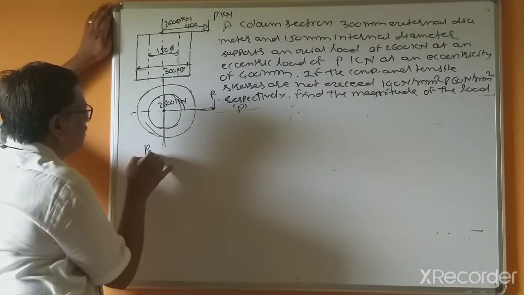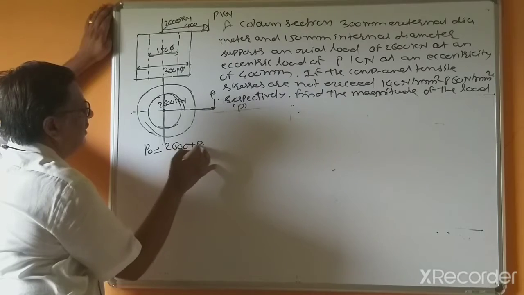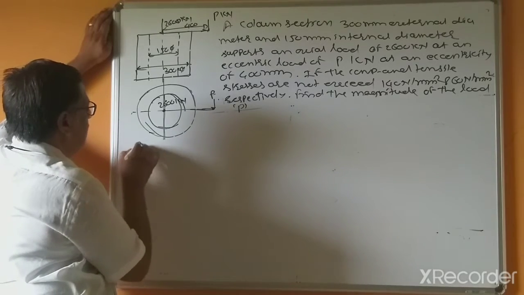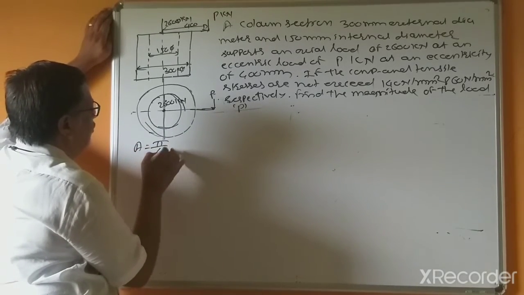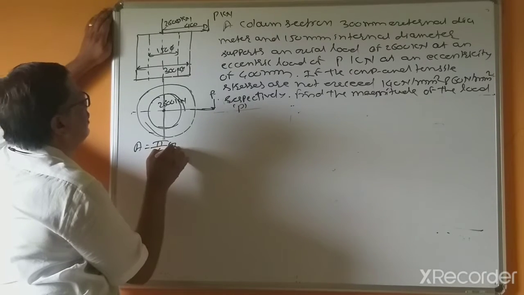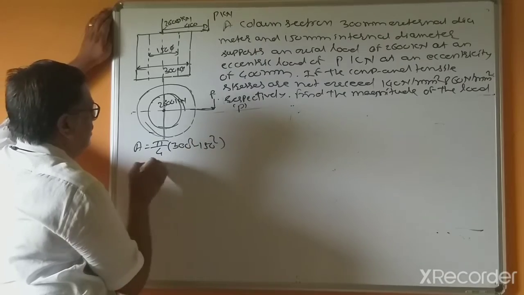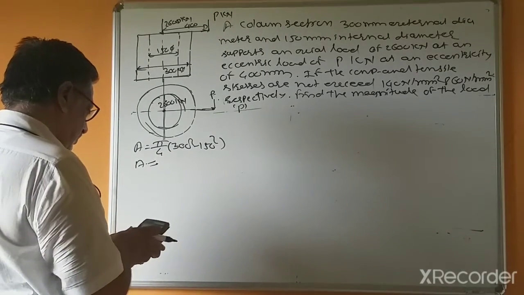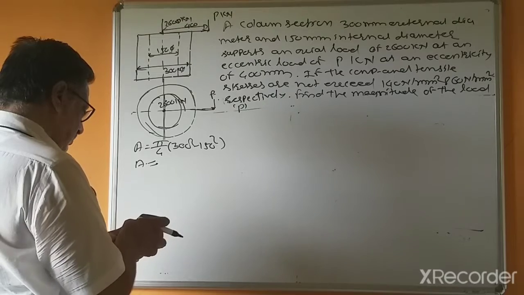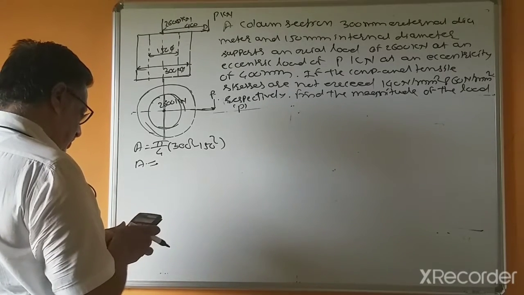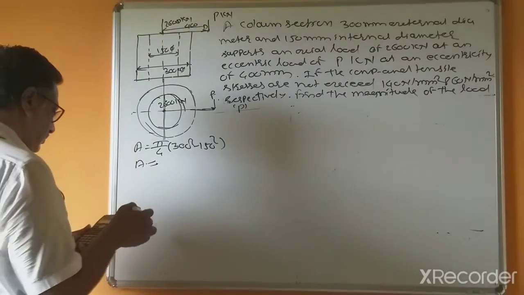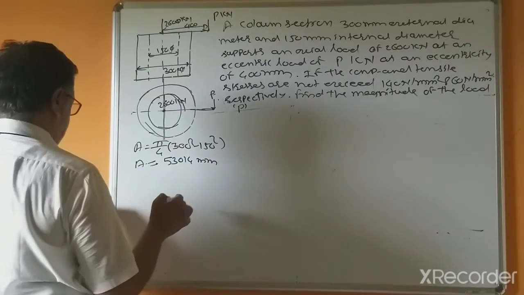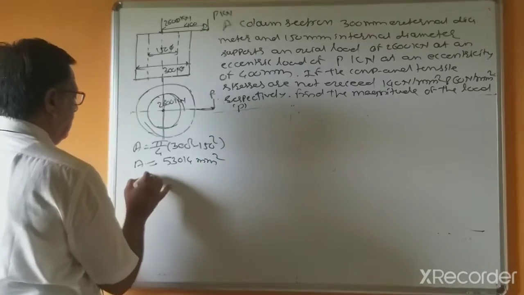Again, direct stress equal to plus P by area. First we will calculate the area: pi by 4, 300 square, area equal to pi divided by 4 into 53,000 mm square. Direct stress equal to